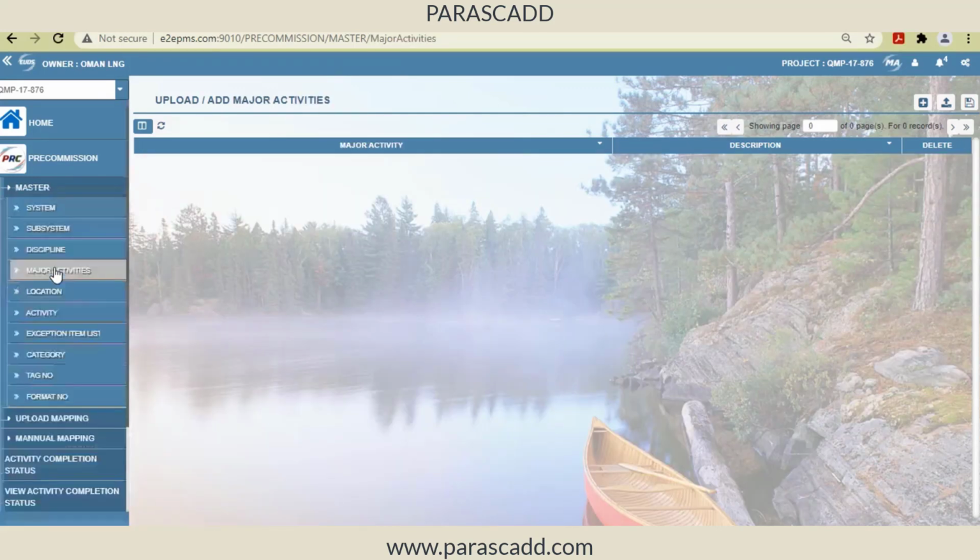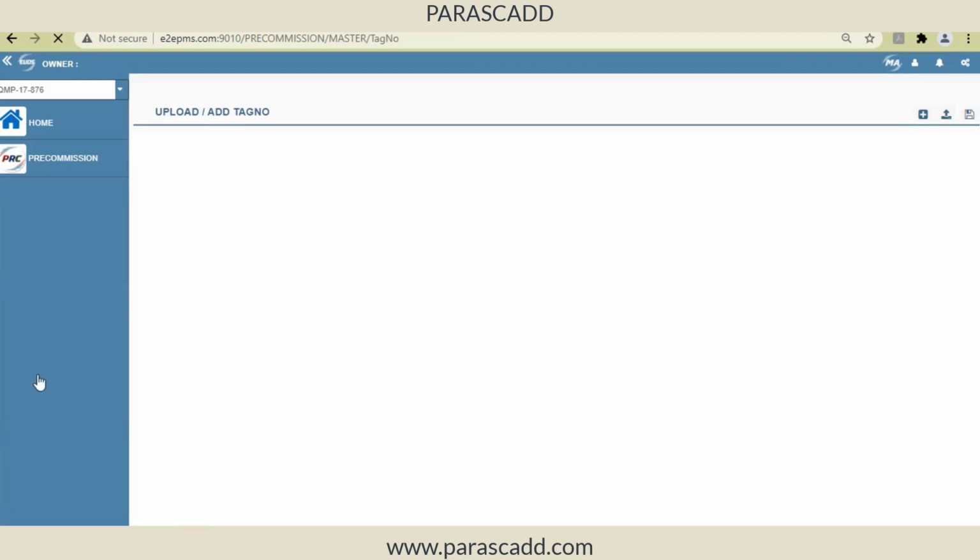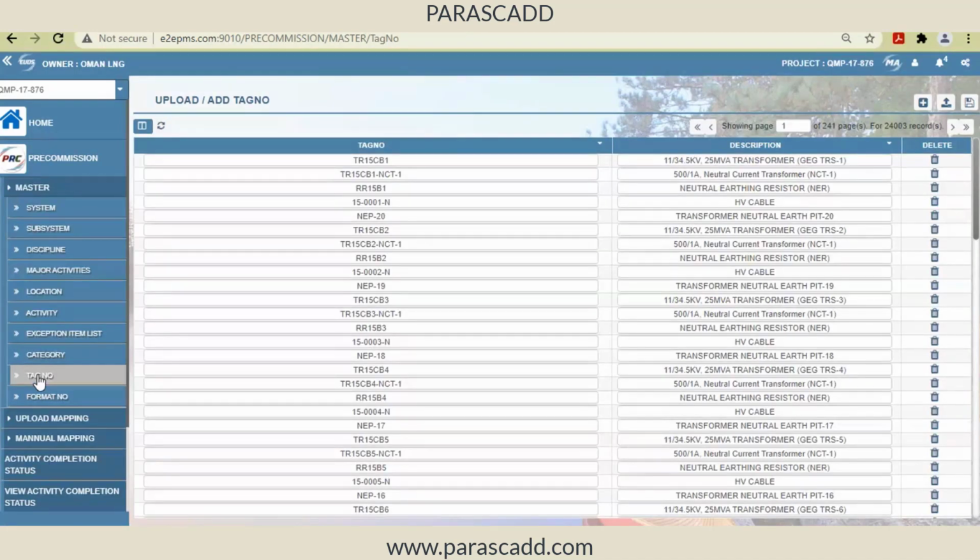So here at the 4th level I have major activity. Some clients use major activity. Within discipline I have major activities, and each of the major activities will be codified. Instead of that, some clients use tag number. This tag number is nothing but a representation of a particular activity, and this activity may be present in multiple subsystems also, because foundation, or if it is electrical or instrumentation related activity, like laying of the cable or doing testing of the cable, everything can be represented by a particular tag number, and that will be associated with the particular subsystem. So these are nothing but the activity codes.